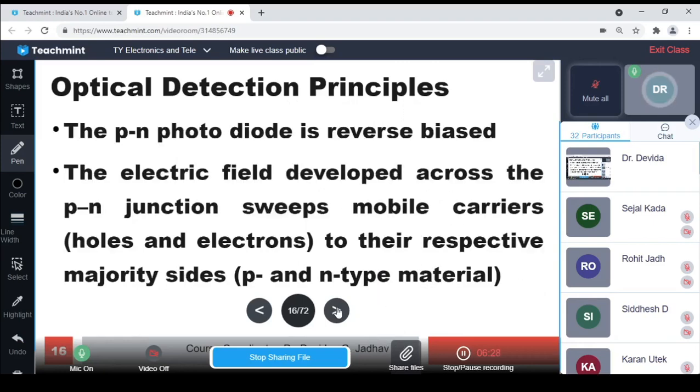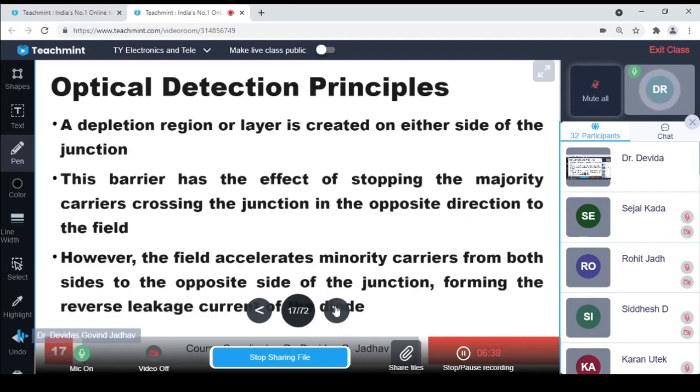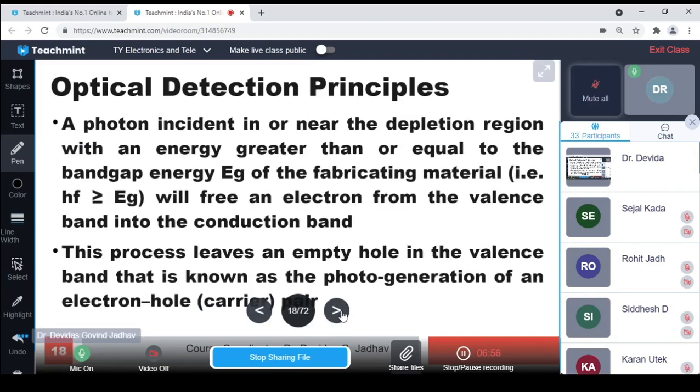The photodiode is reverse biased. An electric field is developed across the junction, which sweeps the mobile charge carriers, electron-hole pairs, to their respective majority sides. So a barrier is there which stops the majority carriers from crossing, but that same field accelerates minority carriers, which contribute to the reverse leakage current. And when a photon is incident with energy more than the band gap energy, it frees the